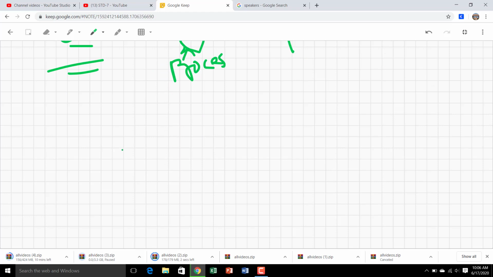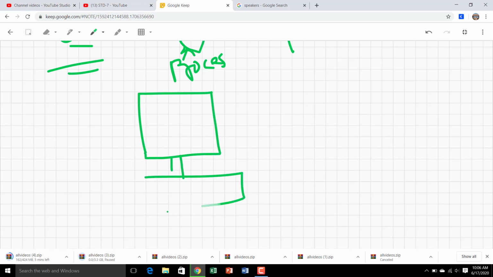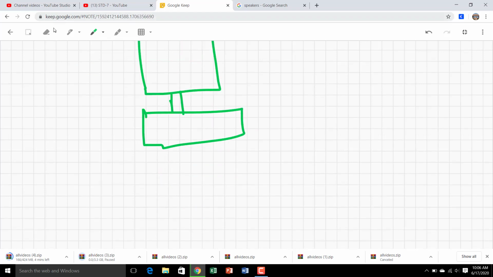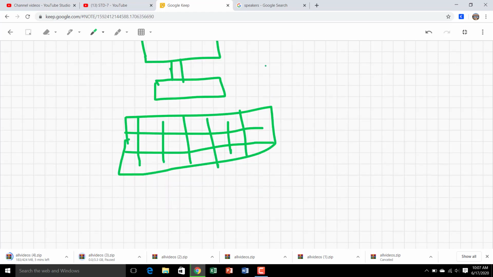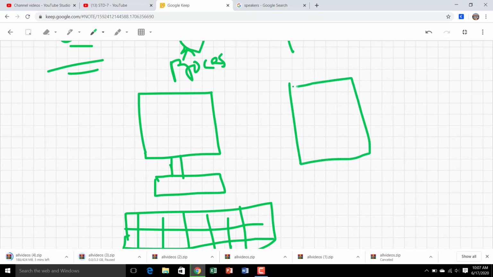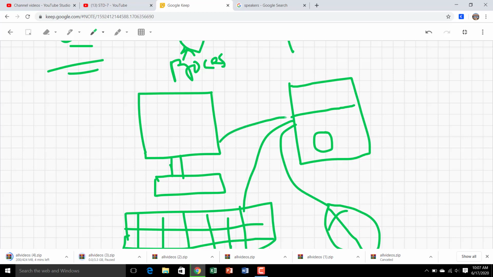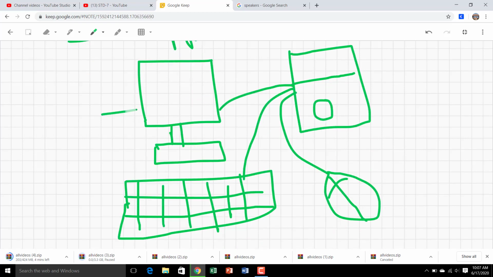The second one is the input device. We have our computer, and here this is the keyboard, and this is the CPU, with connectivity between all three parts.